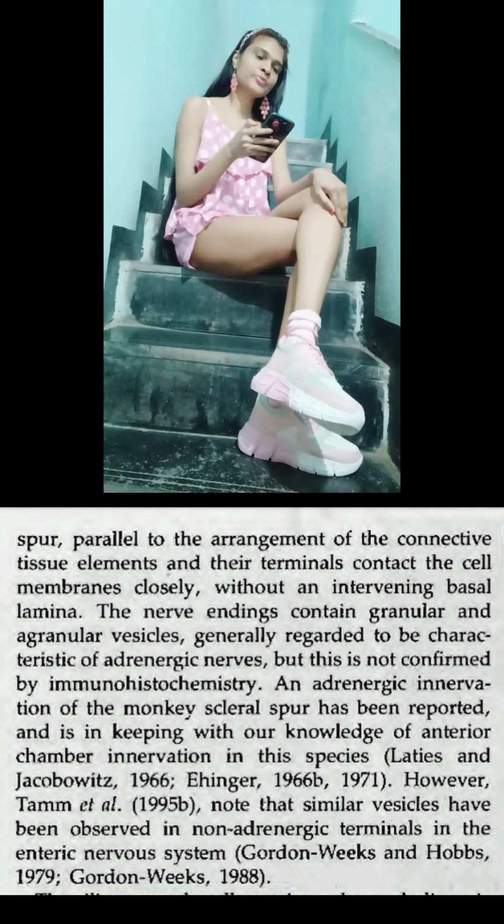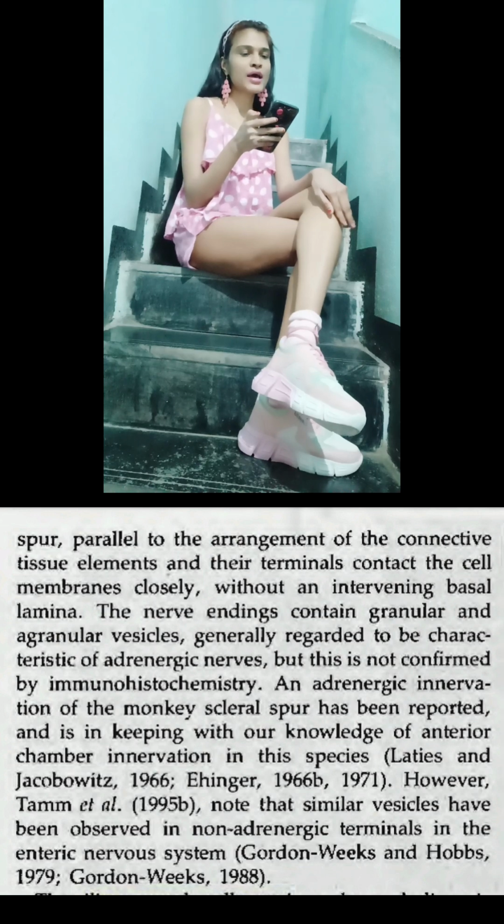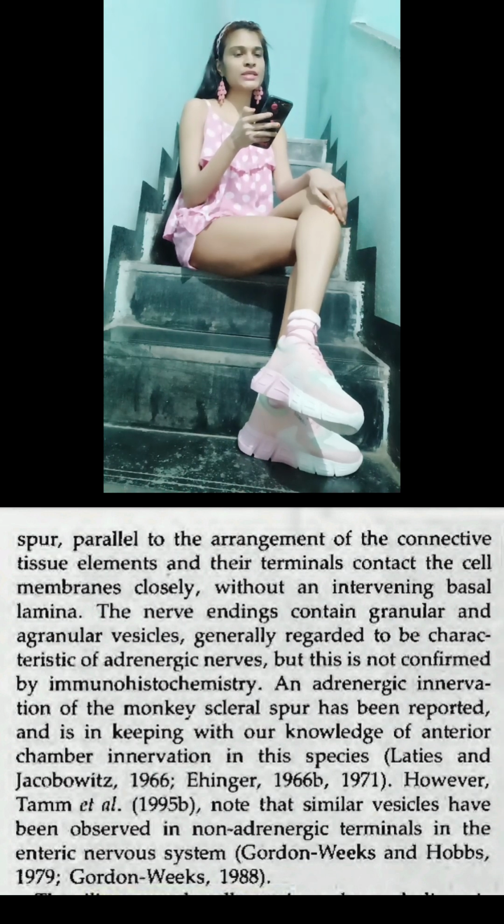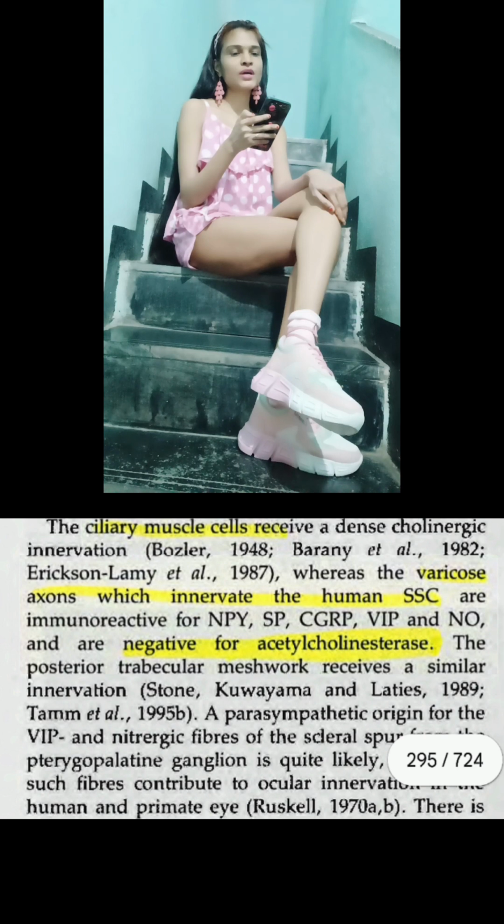But this is not confirmed by immunohistochemistry. An adrenergic innervation of the monkey scleral spur has been reported and is in keeping with our knowledge of anterior chamber innervation in these species. However, note that similar vesicles have been observed in non-adrenergic terminals in the anterior nervous system. The ciliary muscle cells receive a dense cholinergic innervation, whereas the varicose axons, which innervate the human SSC, that is